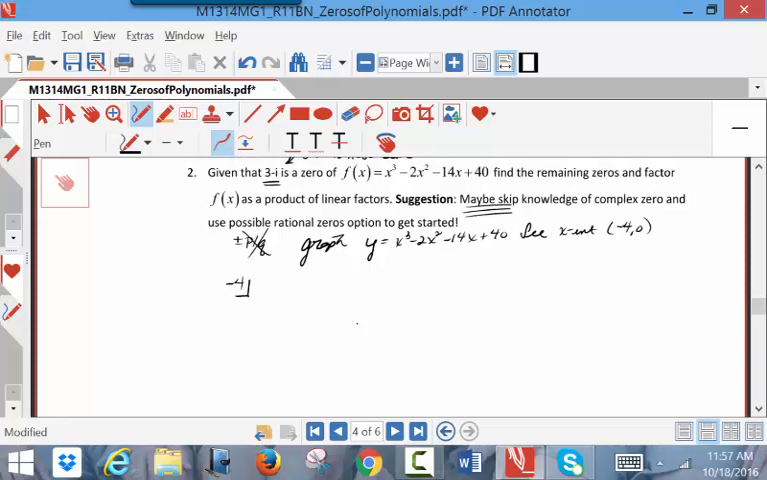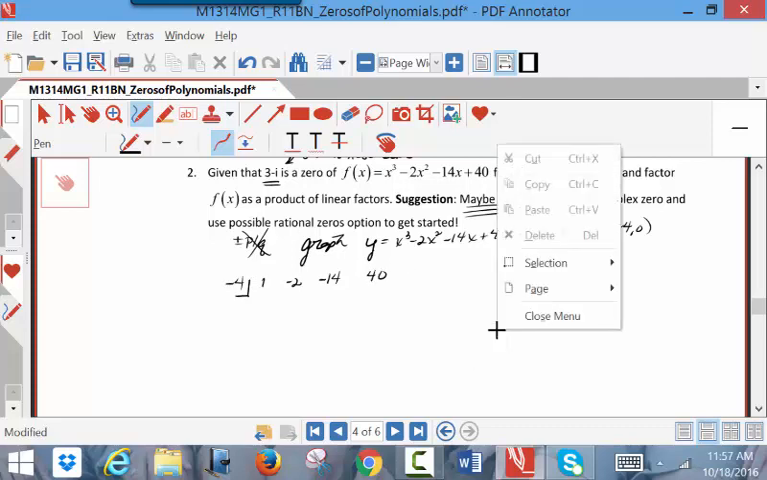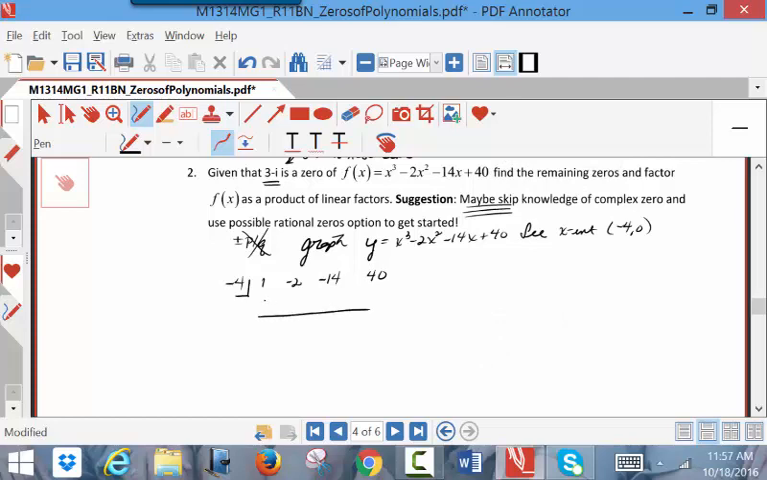Okay, through synthetic division, I have a 1x cubed, a -2x squared, a -14, and a 40. So, bring down the 1, multiply, add, multiply, add. Negative 4 times 1 is negative 4, add. Negative 4 times negative 6 is a positive 24, add. Negative 4 times 10 is a negative 40, add, and yes, that better give me a remainder of 0, because